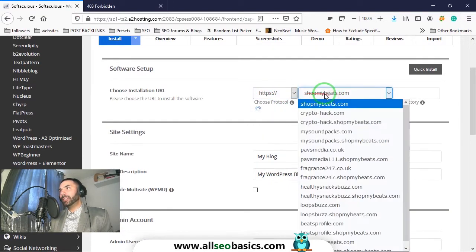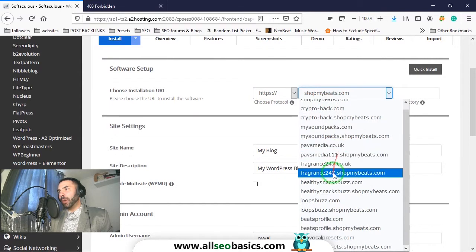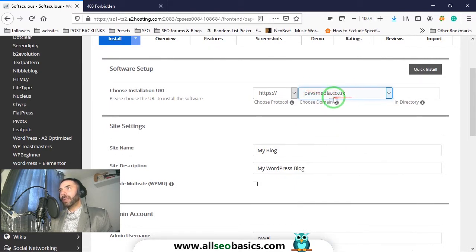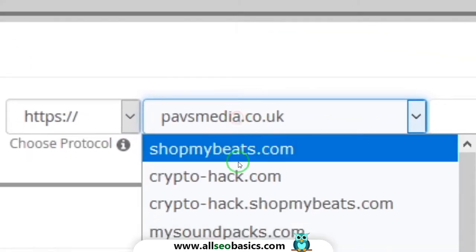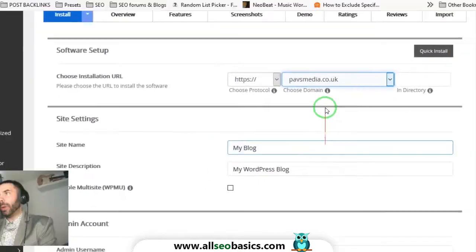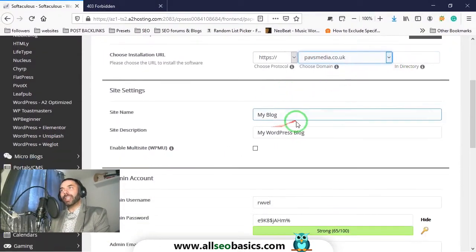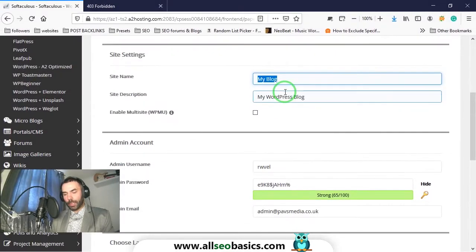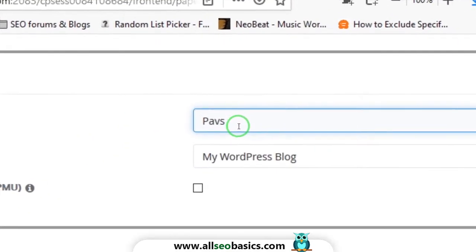So this is how it goes. HTTPS, and we're going to install this on pavsmedia.co.uk. Now you want to make sure you select your actual website and not the actual domain like that. So select the whole website like that and just leave it as it is. Now just give your site a name. I'm going to call this Pavs Media SEO and Web Agency,